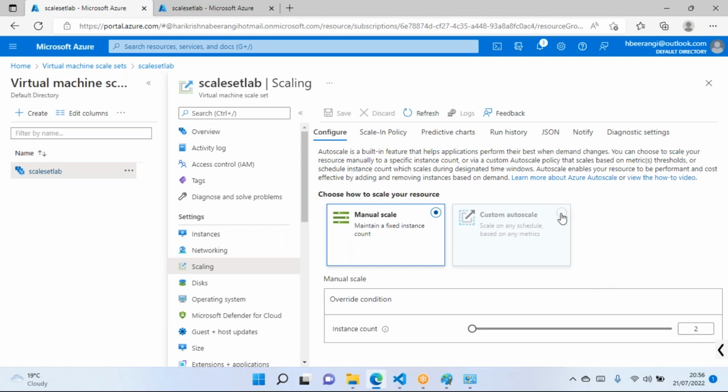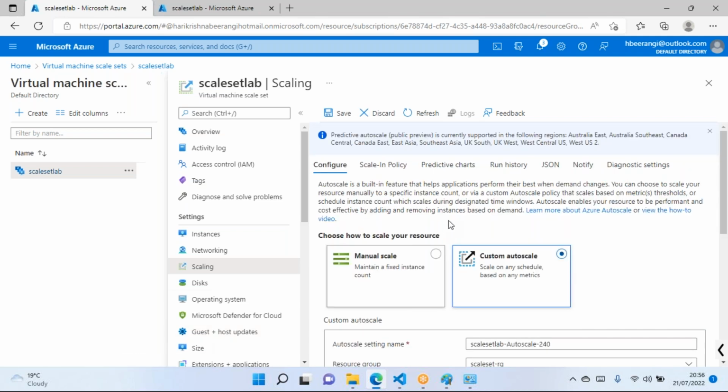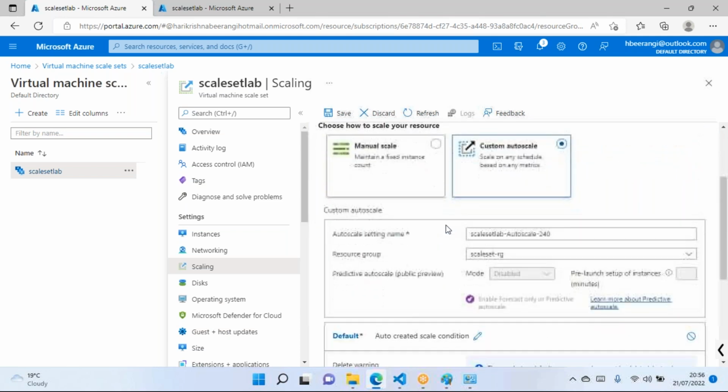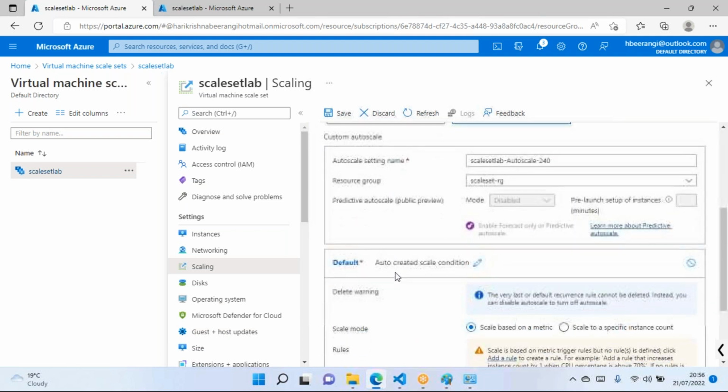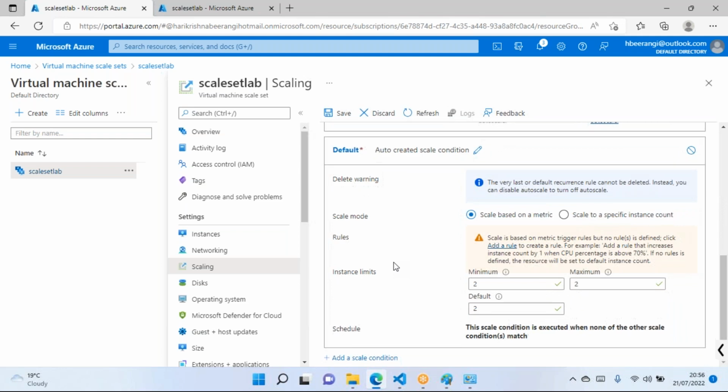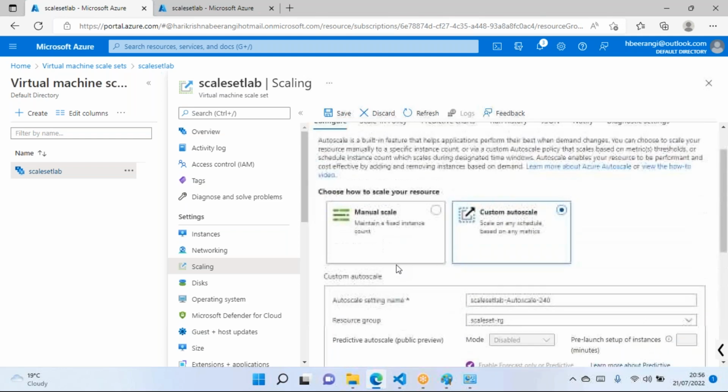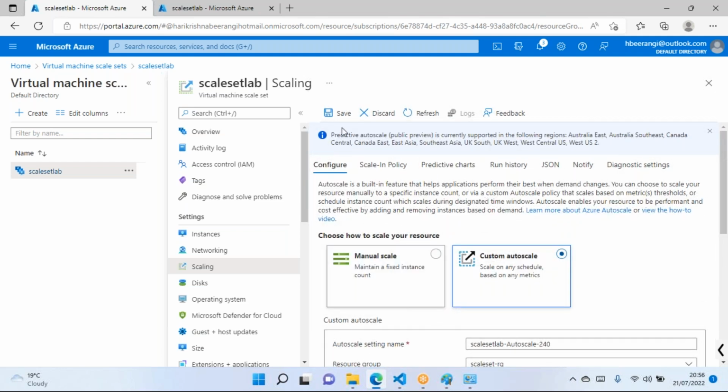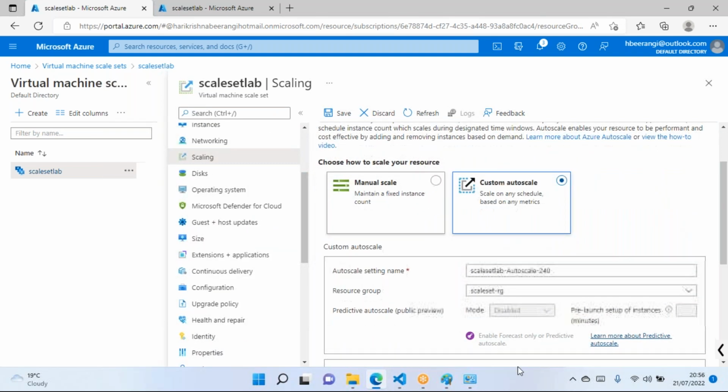Now custom auto scale means you will have various conditions which you can enable for your scale set. So let's say you have to give the scale set name.